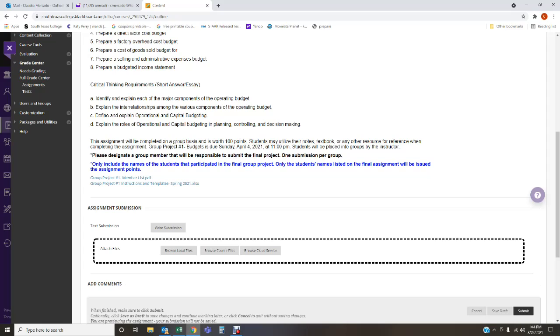Okay, we need to learn to deal with those people that don't like to pitch in and collaborate. If you have a student that is not willing or able, or just does not want to be part of the group project, then you can just exclude them and put a notation there. Peter Pan did not participate in the project because he did not feel like it. He thought it was too much work, so he didn't even contribute at all. Okay, that way I know Peter Pan didn't get any points because he did not participate in any of the brainstorming sessions, or preparing the different budgets.